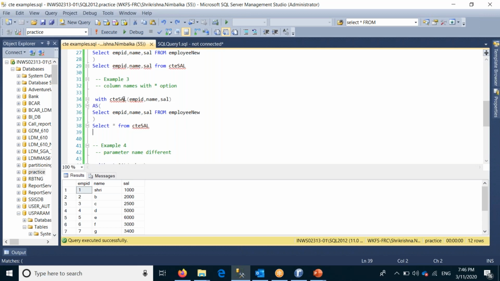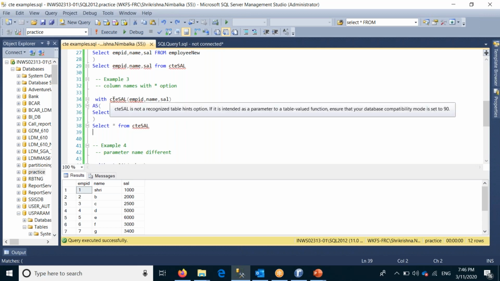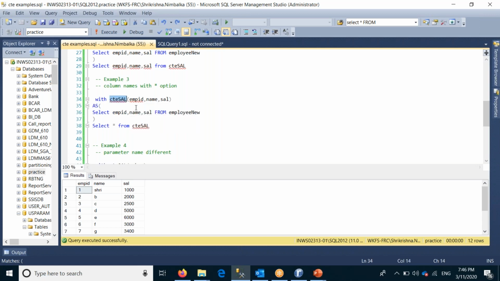Here in this example, with this CTE statement I used three columns, and the same columns are used in the select statement. But while selecting from the CTE, I use select star from, then it also works and gives a result, but it only shows me three columns because in this CTE I selected three columns.